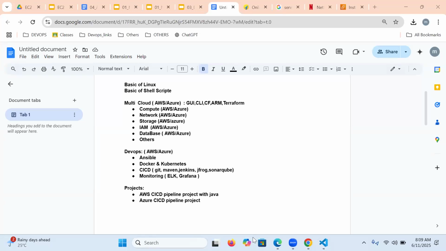What kind of job titles? You can go for DevOps engineer, AWS administrator, or Azure, but finally you are ending up with DevOps with multi-cloud only. Will that be enough to apply as a DevOps engineer, administrator or engineer? Yes, you can. I'm assuring you.